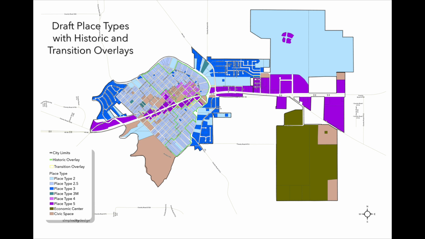As you can see in the place type map, the place types have a natural progression from least intense to most intense in commercial corridors. You'll see that P5 sits primarily on Highway 90. The intention behind this is for real commercial districts along 90 rather than an auto-dependent form to take place as each development changes over. This creates both a new district for the city, but also a buffer for the rest of the community. If you have any questions about your property or are concerned about the place type of your property,